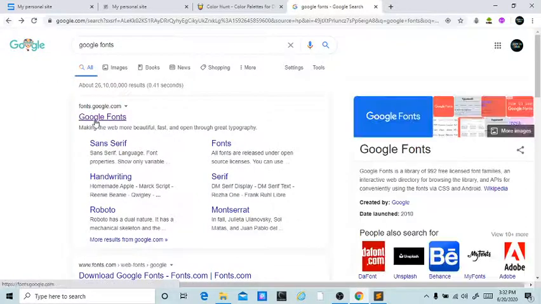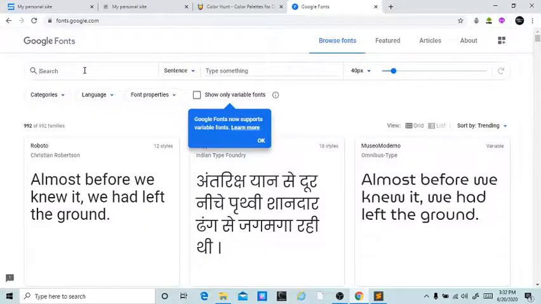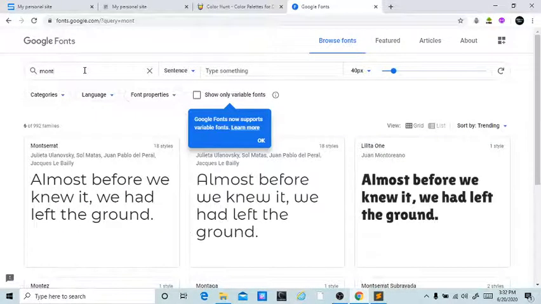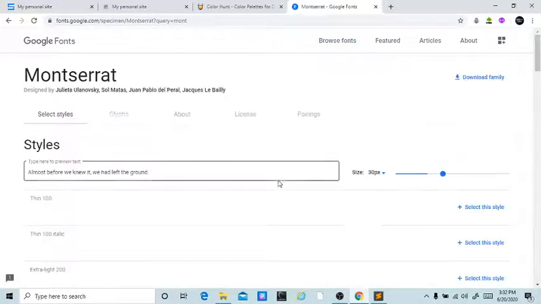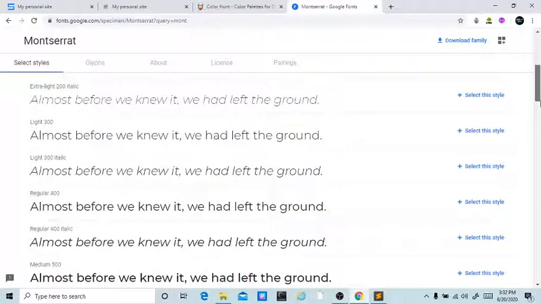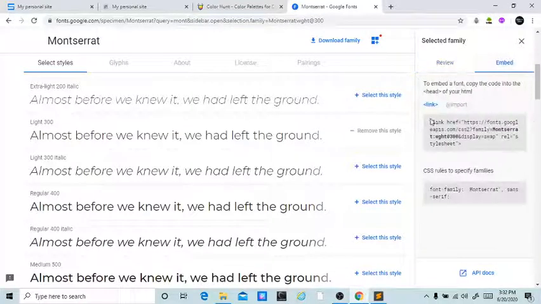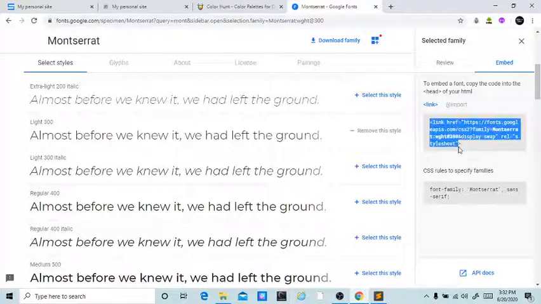So let's see. Montserrat font, and we have to do the similar thing we did with the two font styles: selecting the style, embedding it by linking, and I'll be applying this style to the entire body.